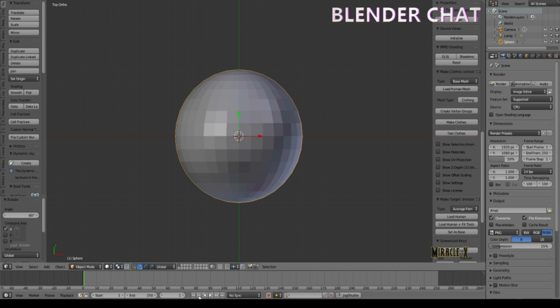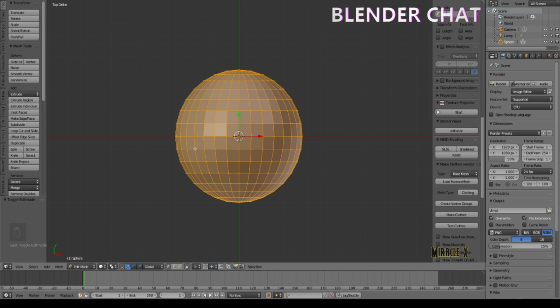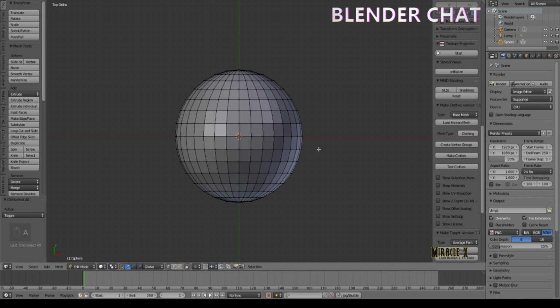So I go to edit mode, which is pressing tab, and you see it's being selected. Now what I need to do is deselect it by pressing A. Then I go down here, which shows the panels of vertex, edge, and face. If you have yours on vertex, then you're good. All to do is click on the bottom part,